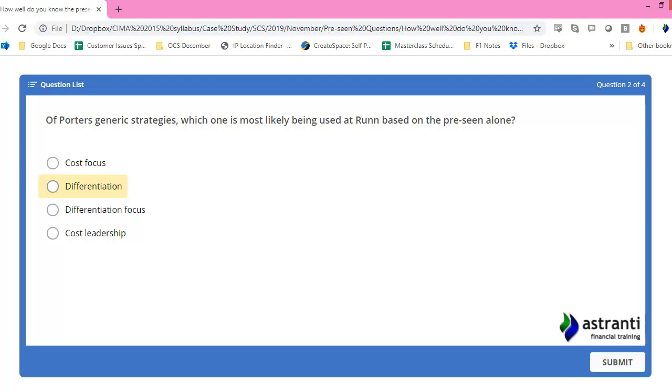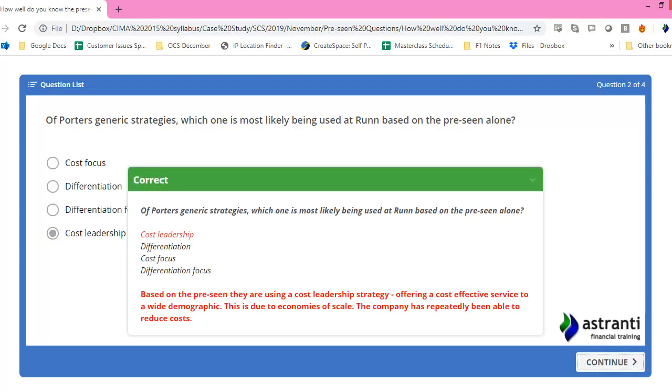We are just doing it better than individuals and the other organizations. And as a result, we've been able to constantly reduce our prices and improve the number of customers. And it mentions that in the PreSeen repeatedly, that we've been able to drive down the cost of our business. There was even a graph given in the PreSeen detailing the number of customers going up and the cost per delivery going down. So cost leadership is, based on the PreSeen information alone, the most likely strategy.